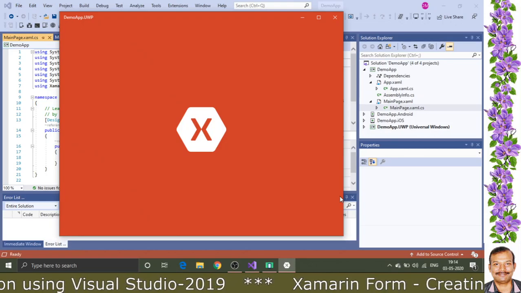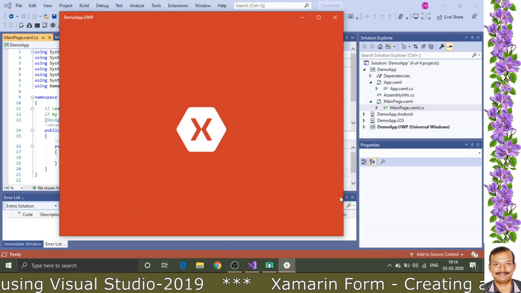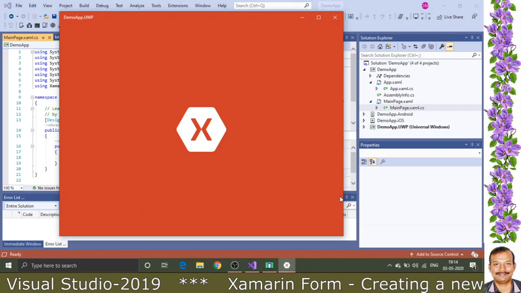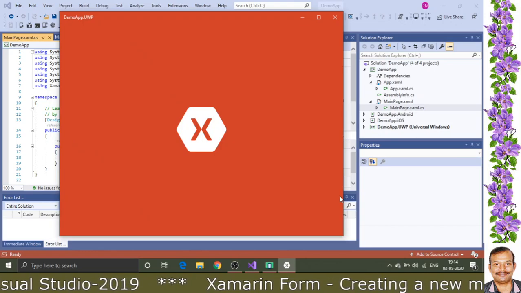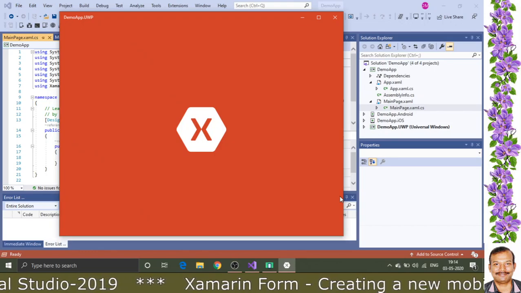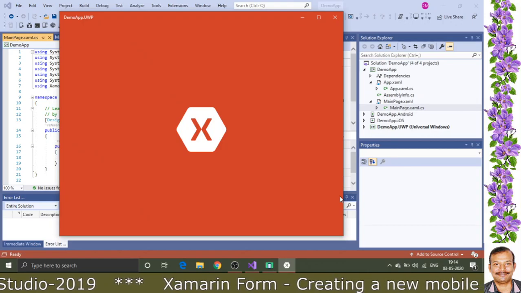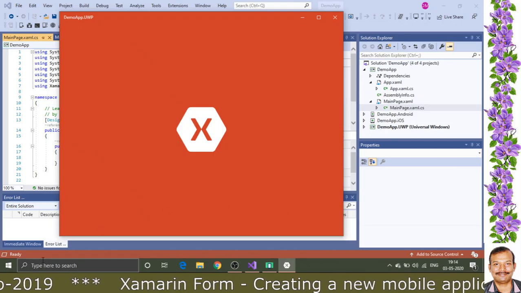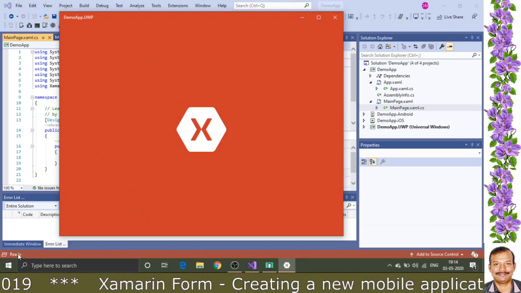The first output, which we have not modified from the code, okay, we have not modified anything. By default you will be getting one particular output. There will be a label which will be displayed. That label contains one particular piece of information, so that will pop up now. Here you can just see in the left corner, okay, the process is running.